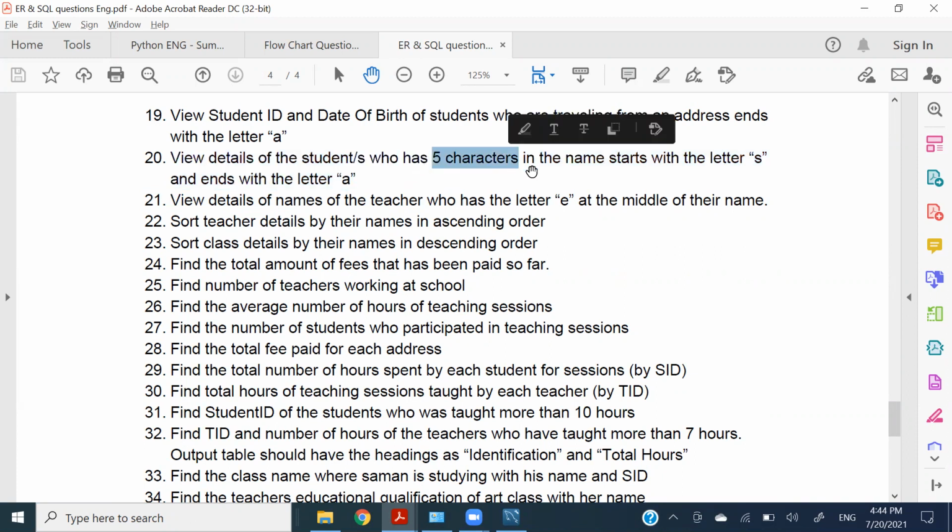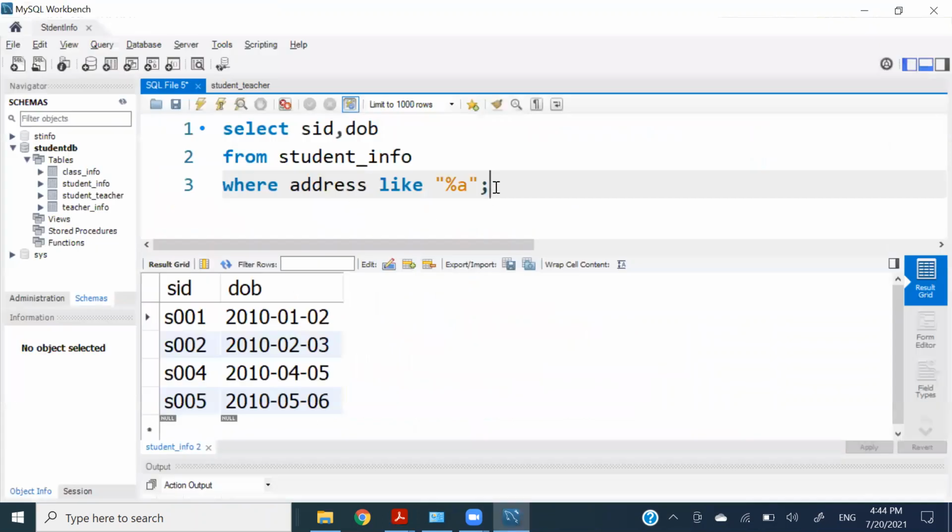There are 5 characters starting with letter S, ending with letter A. Right, so it's going to be like this. So it says